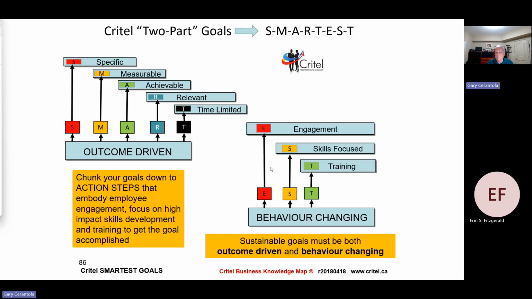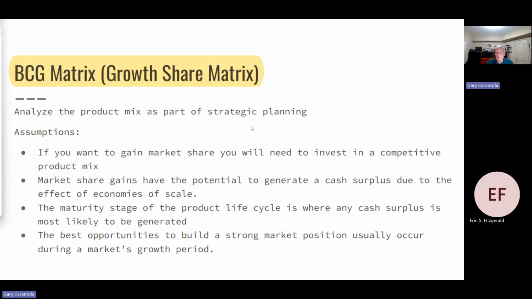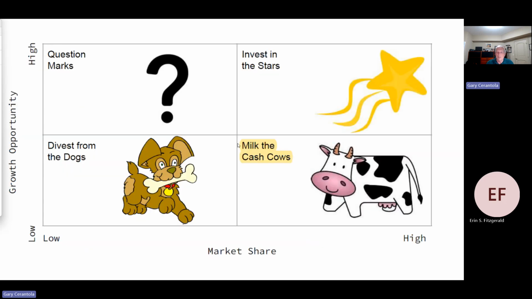A key. Not going to cover these pieces, but I wanted you to, we're getting into strategy now. You should understand what the Boston Consulting Group Matrix is all about. This is an old model. I think it goes back to the 70s, but it talks about the product mix as part of the strategic planning. And we talked about the evolution of that, so that you really need to understand